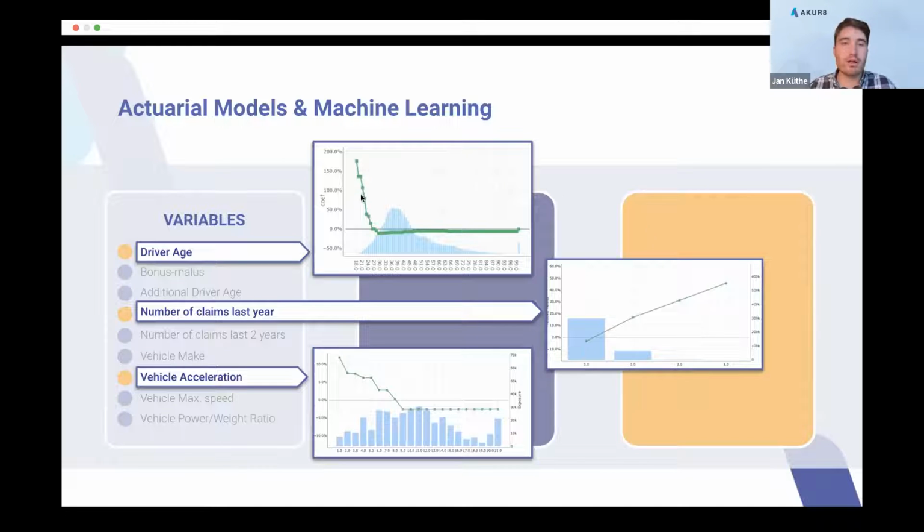So that for me, I'm 30 years old, you get a relativity. I haven't had a claim previously, and I have a mid-sized vehicle, so that you can easily compute the prediction for me if I am your client, and thus also understand why I might be more risky or less risky than other customers.